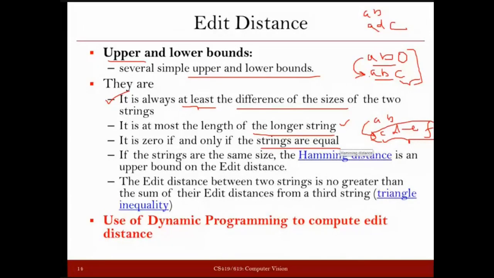If they are not equal, then obviously you need to at least perform some insert operation to convert one string to another string. So 0 distance between the two strings can be only possible if they are of equal length. Another bound that we can define is with the help of the Hamming distance. So you can say that if the strings are of the same size, then Hamming distance can tell you the edit distance. And I am sure you must be knowing about the Hamming distance.